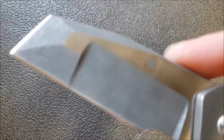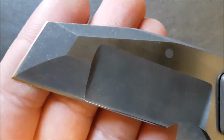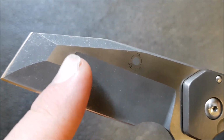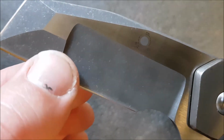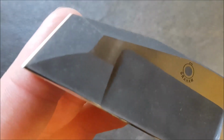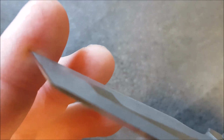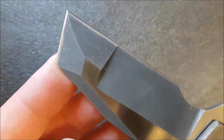The steel here is CTS XHP. Come on, silly, focus. And look at what's been done with this blade. It is really, really impressive. We have a compound grind here. So we have a hollow grind up to here, and it's a very high hollow grind, really thin behind the edge back here. Sorry about the paint on my fingers. And then out here, it switches to a flat grind, which is going to make this tip a little more robust, a little stronger, especially if you're doing the kind of scraping and stuff that this knife is